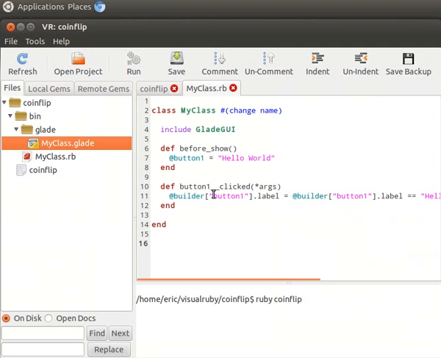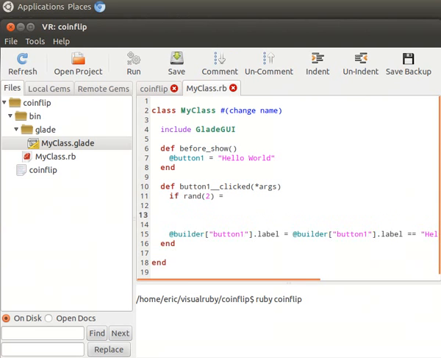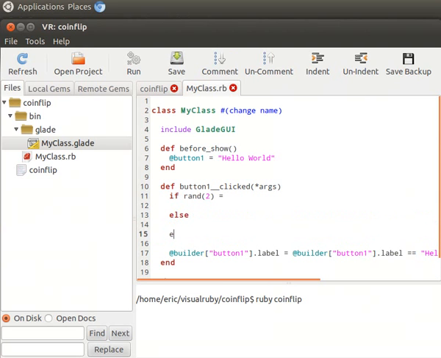Now, the first thing we need to do is make the program flip a coin when you click the button. So if you use a function called random, it's actually called rand, and you give it 2, it's going to pick one of two values. So let's say if rand equals 1, then that'll be heads, and else that'll be tails. Okay, so if rand(2) == 1, then that's going to be heads. So we'll say